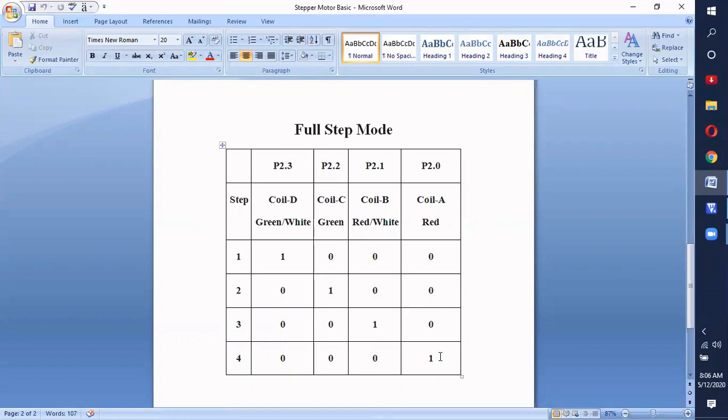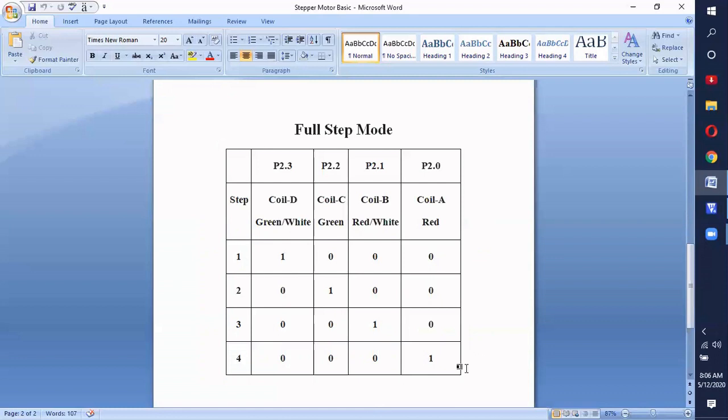After every step, we have to give a delay because the coil requires some time to get energized. The value 1 has the binary equivalent 0001, which in decimal is 1. Next it is 2, then 4, then 8. If you give 1, 2, 4 and 8 to the stepper motor, it rotates in the clockwise direction. If you give 8, 4, 2 and 1, the motor rotates in the anti-clockwise direction.